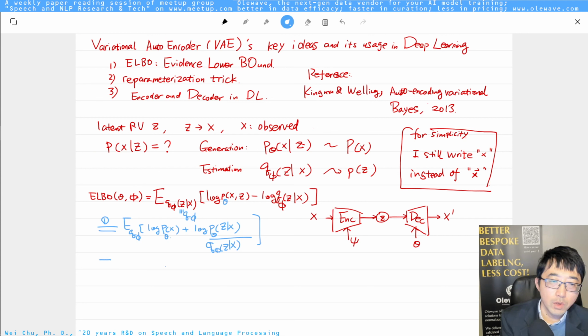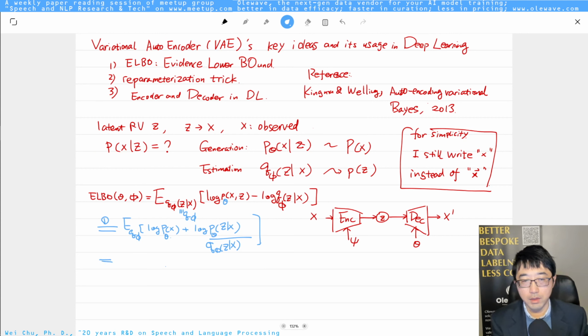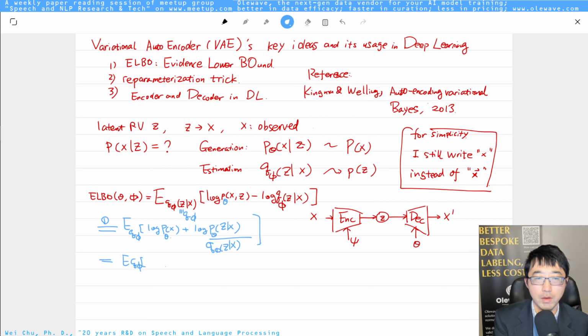For the first part, it's easy to see: this is just the expectation over q phi of log p theta of x, plus